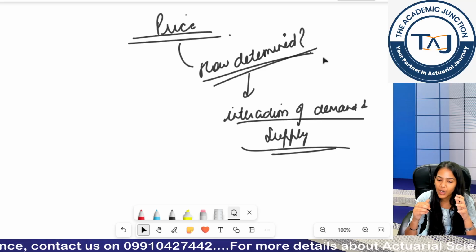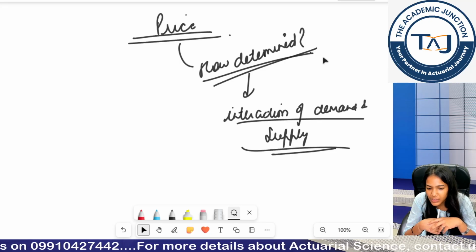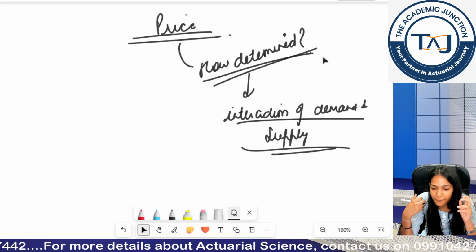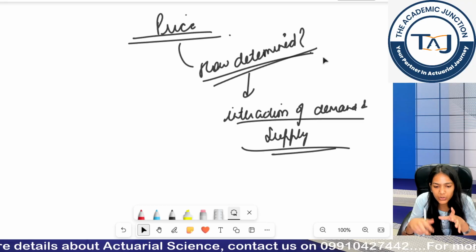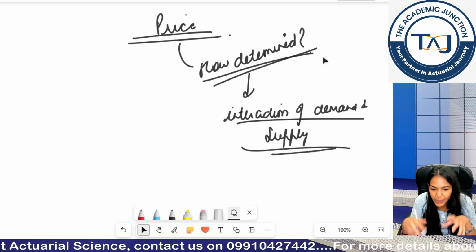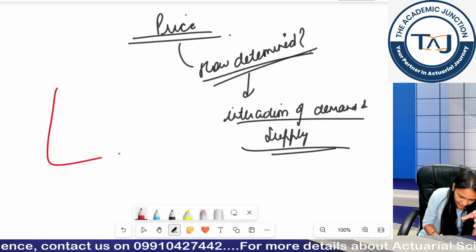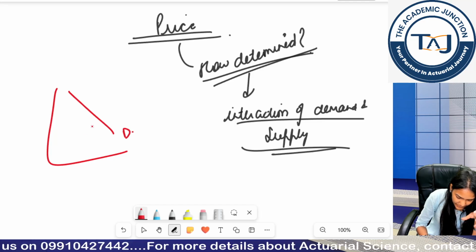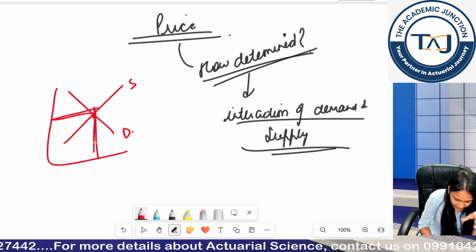Similarly, if there is a crop failure, for example, in the economy or in the country, there would be less supply of those goods, but demand would be high. So at that time prices would increase because people are willing to buy at higher prices from the suppliers. Okay, don't go into detail on how price is determined by demand and supply, just remember this concept for now, that prices are determined with the interaction of supply and demand. Okay, this is my demand, this is my supply, and this is my price basically.